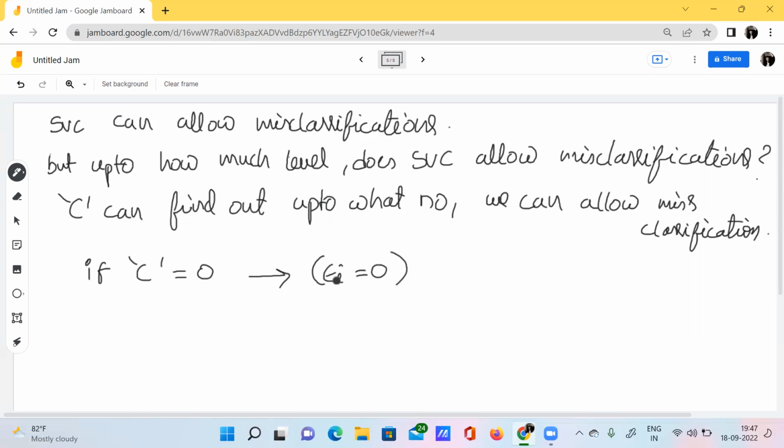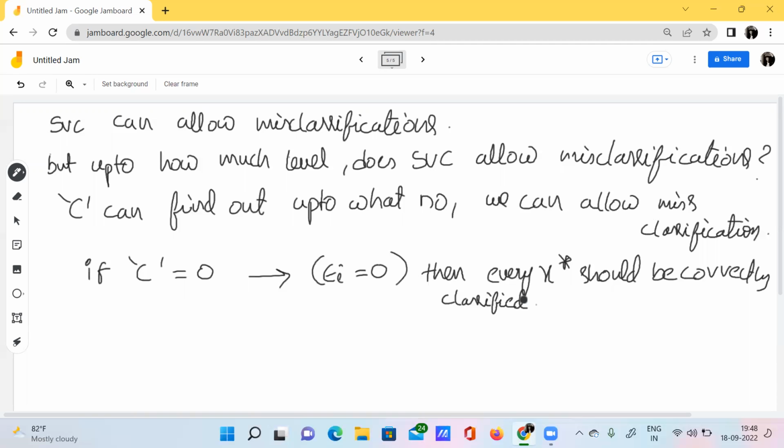If C is 0, then epsilon i will also be 0, and every data point should be correctly classified. That means if C is equal to 0, there is no chance of allowing misclassifications to happen.